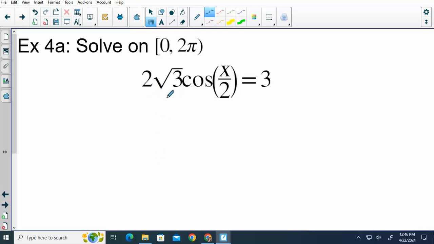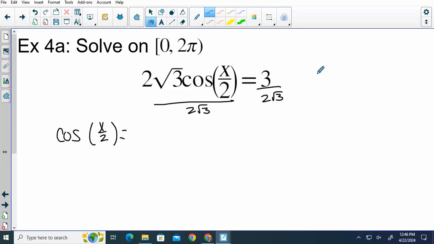We're trying to get cosine by itself. We'll divide by the 2 radical 3. Do I have double or triple solutions on this one? Anything like that? No. I have to watch and make sure all my answers work at the end. So cosine of x over 2. Alright, we can't leave the radical on the bottom. So if you multiply it on top, that's 3 radical 3 over 6, or